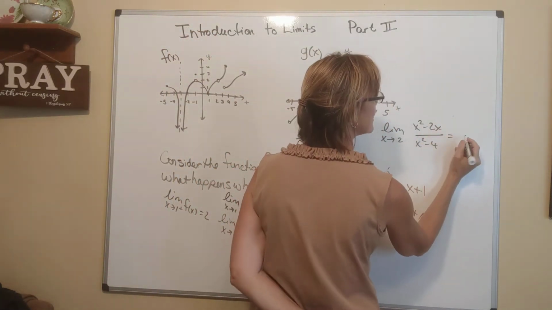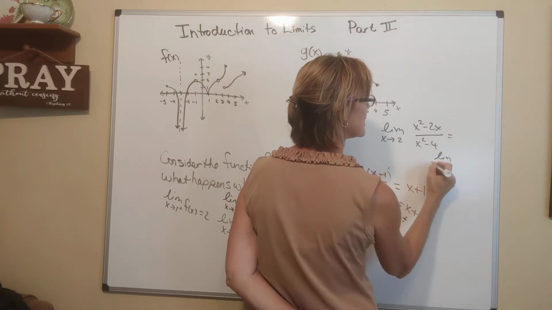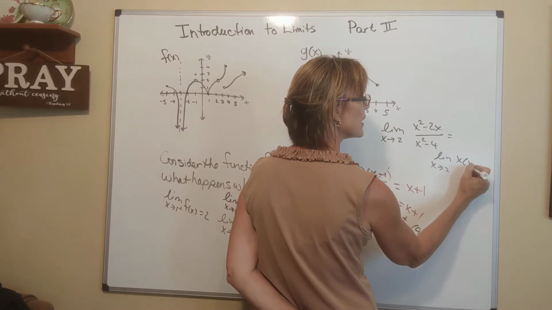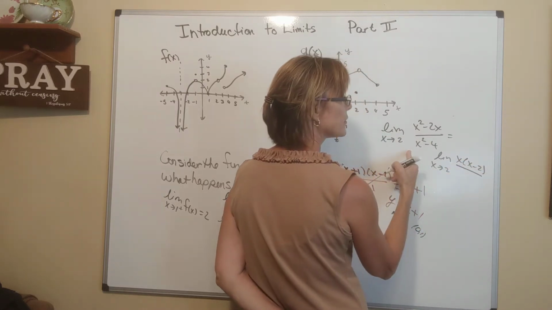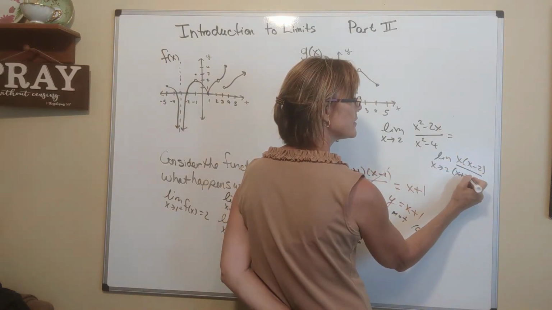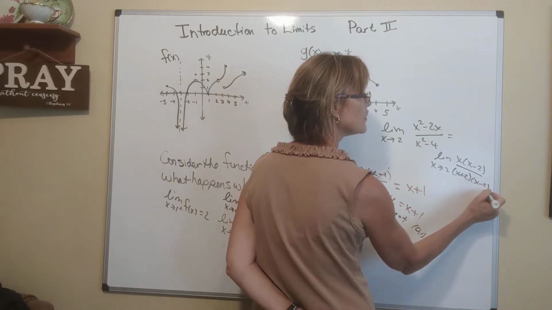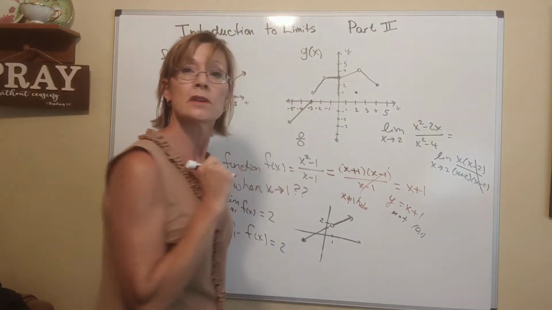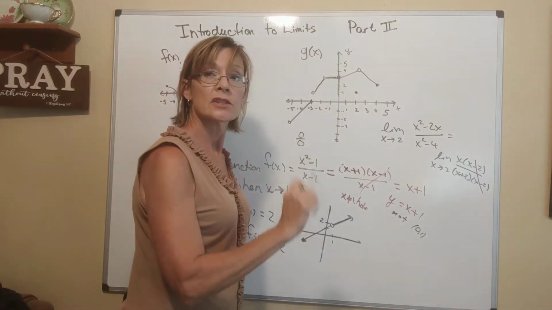See if we can factor it. So this is equal to the limit as x approaches 2. You could factor out an x in the numerator and get x minus 2. You could factor the denominator, this is difference of squares, into x plus 2 times x minus 2. And here we see there's a hole at x equals 2. If you get that cancellation, you can work with the